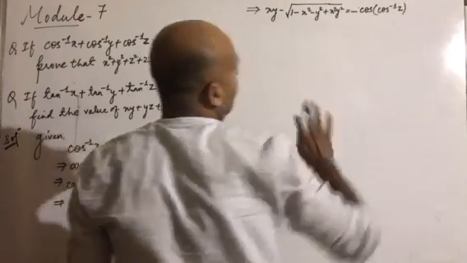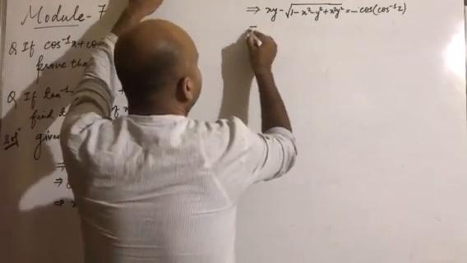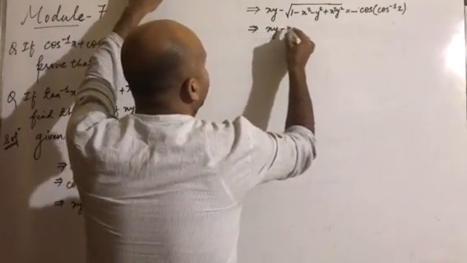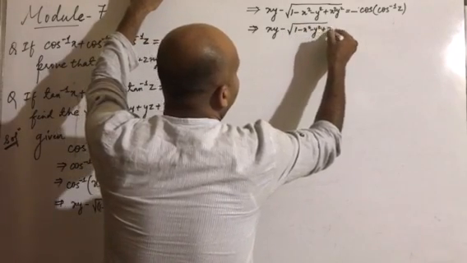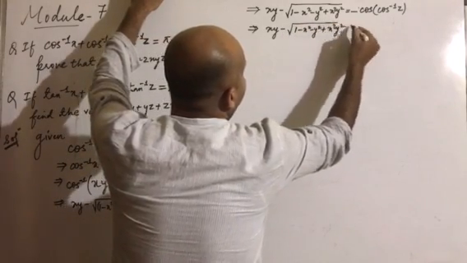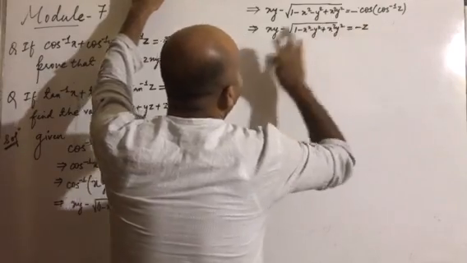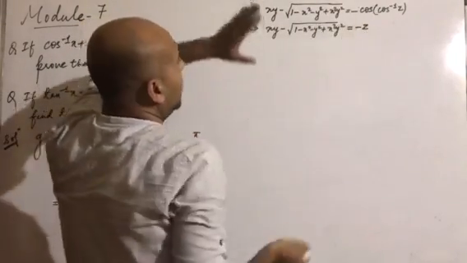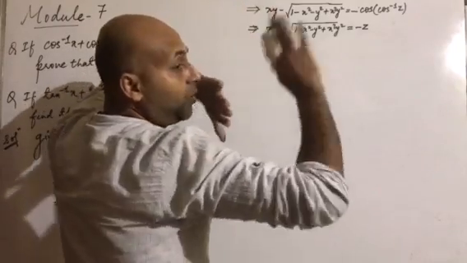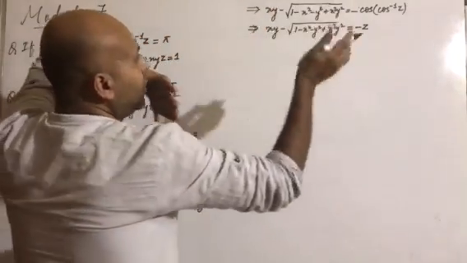Okay, so cos inverse cos can be removed. The next line will be equal to xy minus root under of 1 minus x square minus y square plus x square y square is equal to minus z. So in the next line, I'm going to take this xy to one side, so that the root will be on one side and the other two variables which are not in the root will be taken to the right hand side.